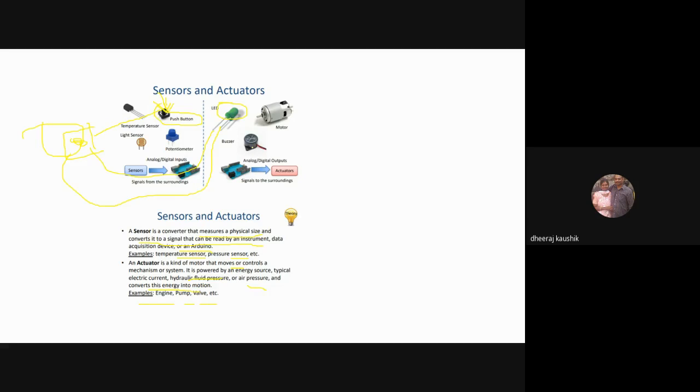And the practical use of actuators: suppose you want to turn on your motor, right? To turn on your motor, you need to push a button somewhere. Suppose you have pushed your button in your mobile phone. Normally you push your button, and this goes through the web to your NodeMCU ESP8266 module, which is connected to your Arduino.